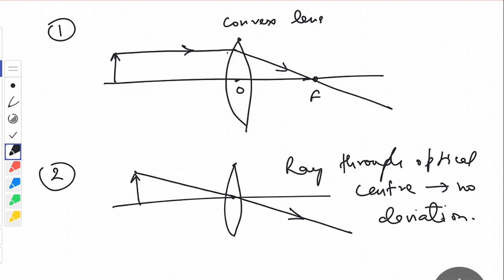So we know the behavior of two types of rays, right? One which goes parallel goes to the focus, and the second which goes through the optical center has no deviation. Third is a ray